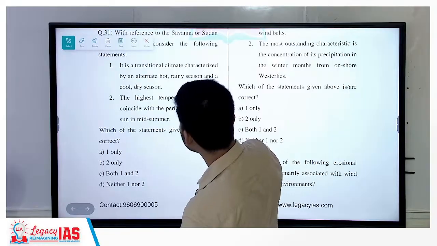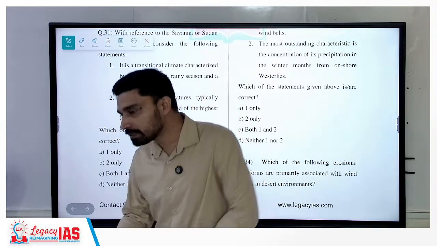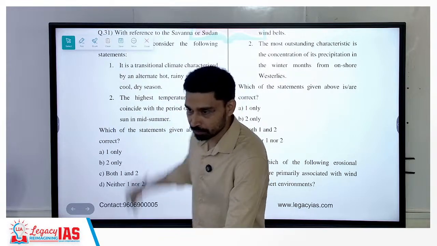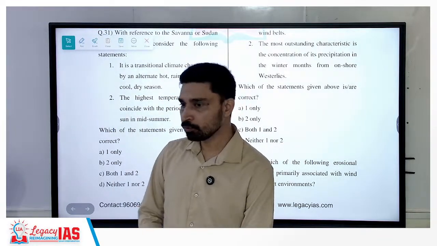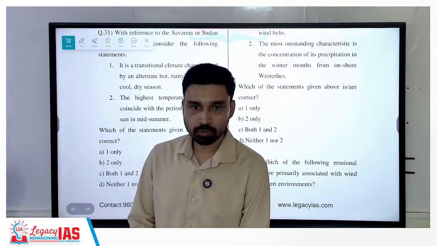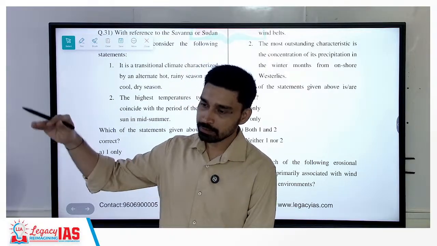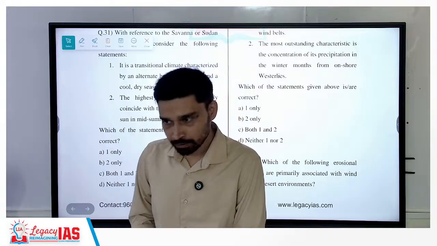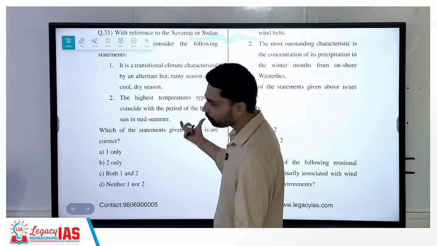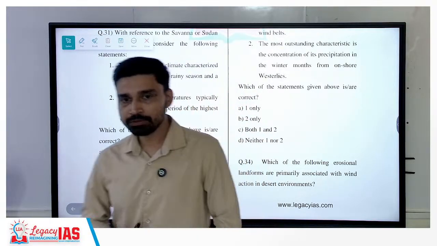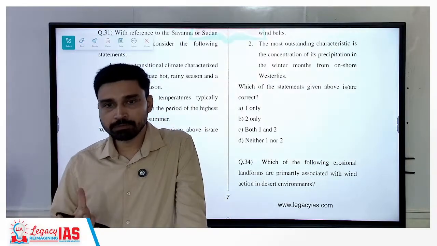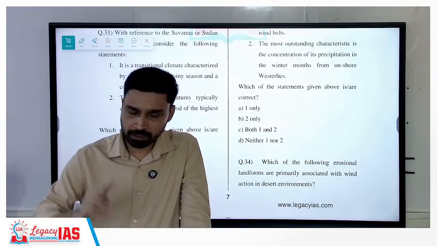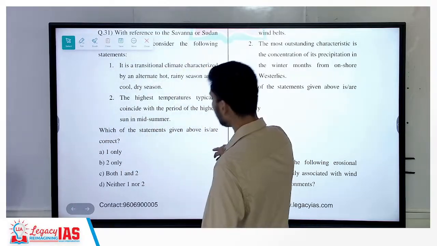Highest temperature is before mid-summer because in mid-summer rainfall starts. If rainfall starts, what will happen to temperature? It decreases for two reasons. One, the surface is now cooler, and second, because it is the rainy season, the entire sky is covered with dark clouds, so solar insolation would not be able to reach the surface. We see that in India also to some extent. Maximum temperature is not in peak mid-summer like June. It is recorded at the end of May, early June, before the rainfall begins. So A is the right option here.